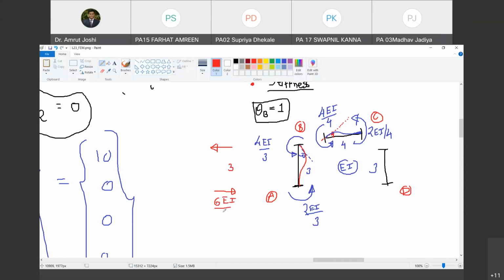देखो 6EI by 3 square अगर मैं दोनों फोर्सेस कर देता हूँ 6EI by 3 square then and then only उनके वजह से तैयार होने वाला मूवमेंट एंटी क्लॉकवाइज 6EI by 3 होगा. देखो 6EI by 3 square multiplied by 3 will be 6EI by 3. Do you agree with me? Yes, sir. So therefore reactions कितने होने चाहिए? तो 6EI by 3 जो मोमेंट है उसका सम लिया दोनों एंड मोमेंट्स का, सम लेना है और उसको एक बार लेंथ से और डिवाइड करना है. So 6EI by 3 square. Are you with me? Yes, sir.